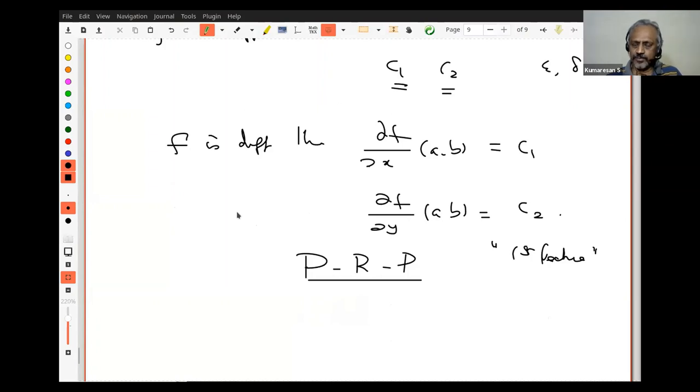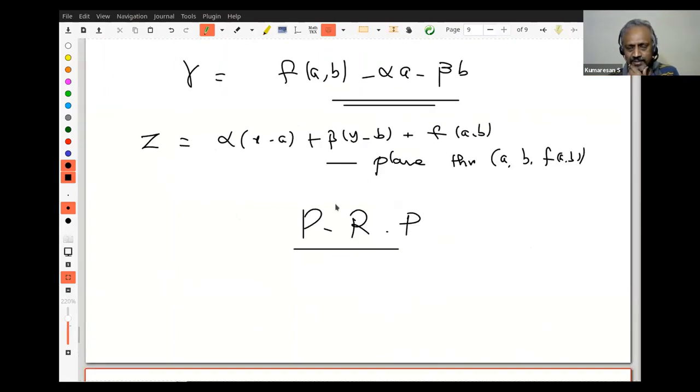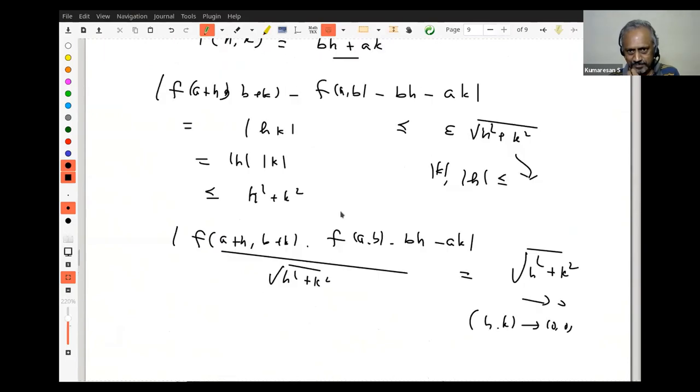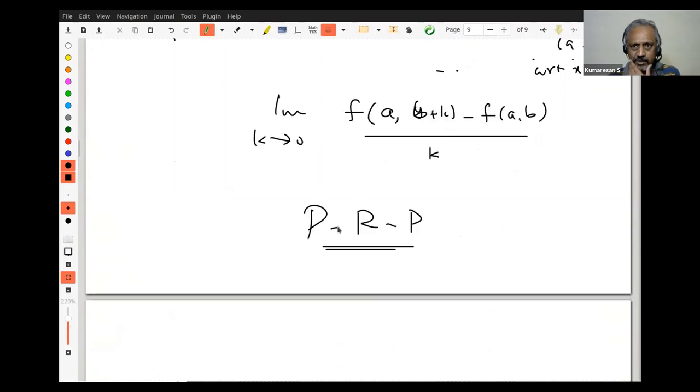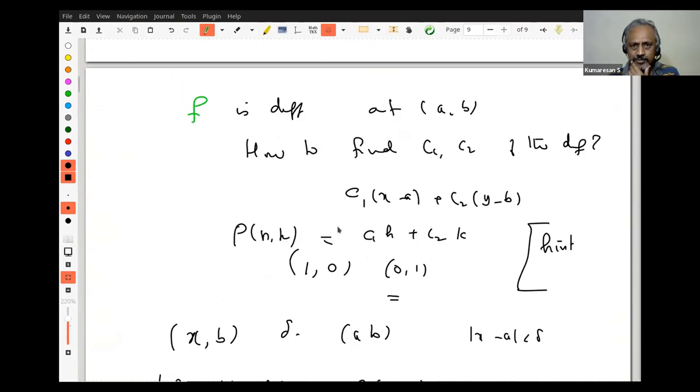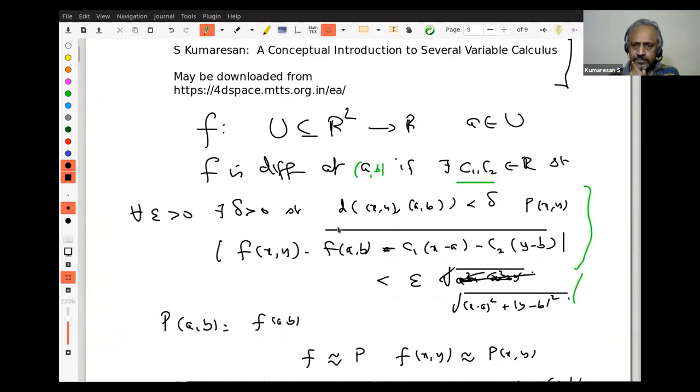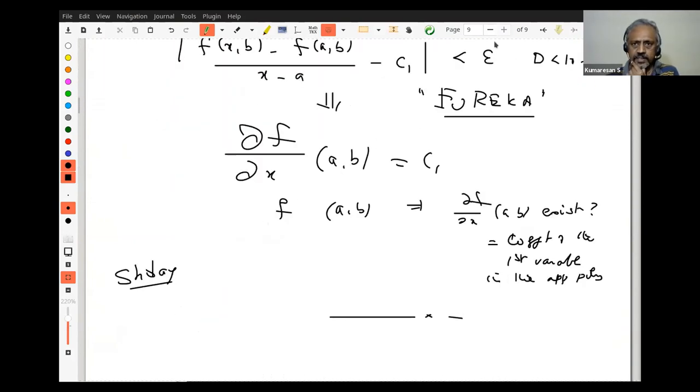So how many of you understand? Please say yes. I think it's better that I stop here and go to a different gear in the next lecture. Now, did you see that? In your definition, I'm sure you would have come up with partial derivatives first. But here, we defined differentiability and then arrived at the partial derivatives. We will look at it a little more from a different perspective tomorrow. Okay, I'll stop sharing.